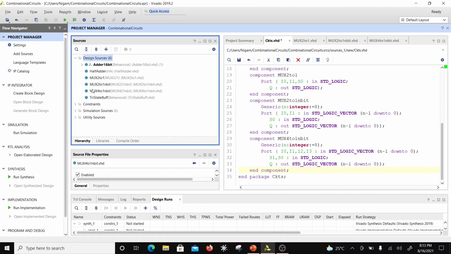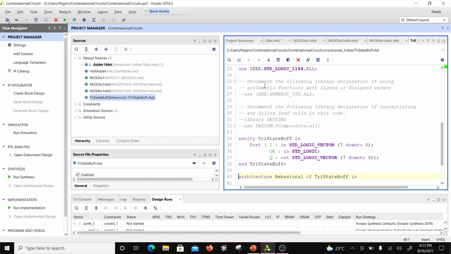Okay, in a bus, if you want to put something, the output should have this tri-state buffer. So if the driver is talking to the bus, then the buffer is enabled. Otherwise, when it's disabled, it is high impedance. So that's the logic. So here I'll just open this one